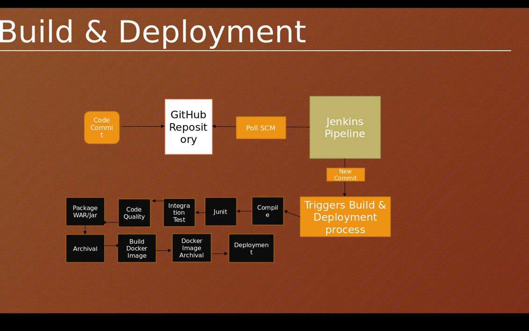For archiving, I'm using a Nexus repository here. That is also with the help of Docker. I have started a Nexus repository, and I'll give you the command also for how to start that. At the end of this complete video, I'll attach this file with all the details I'm including as part of this video. Then build the Docker image. After that, archival of the Docker image is also an important process, where you push this image into Docker archival, and finally the deployment happens, where it pulls all those images and deploys into the respective environment. So this is the detailed build and deployment model.